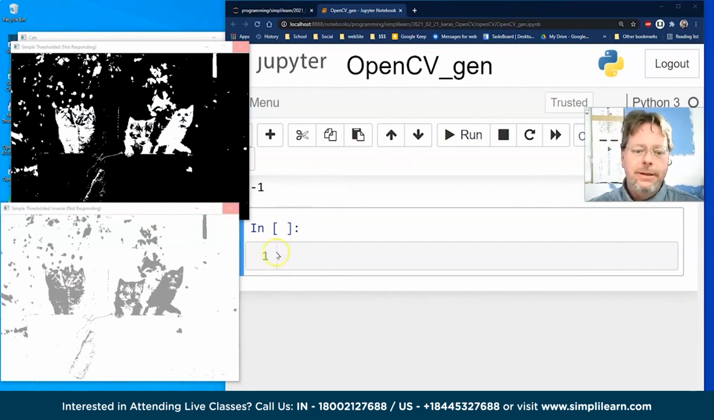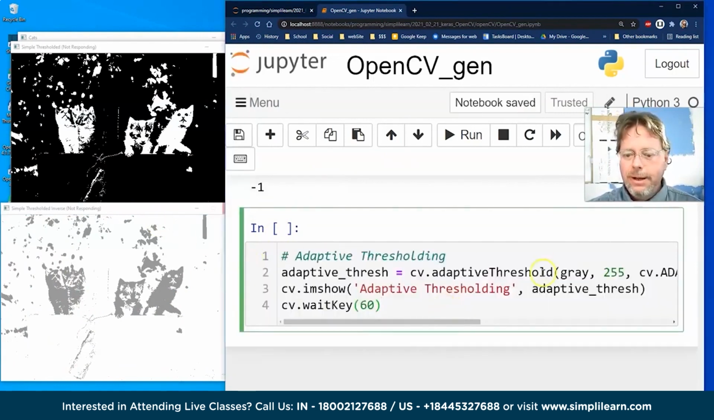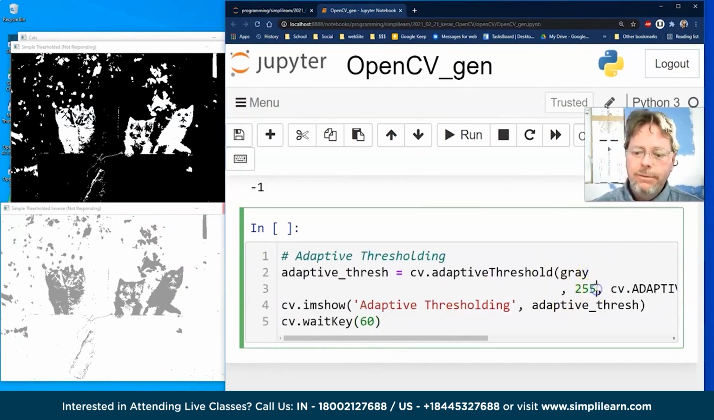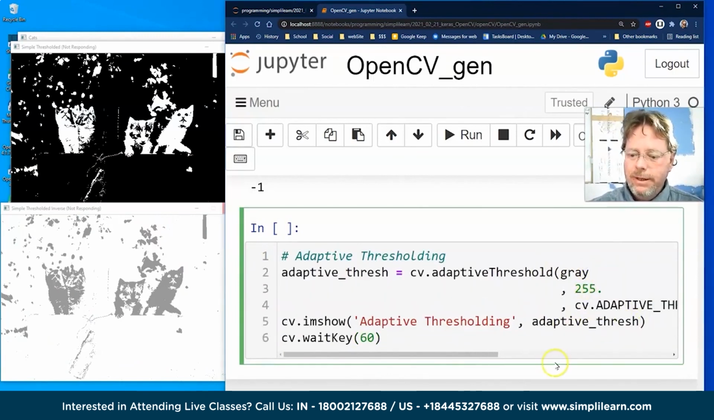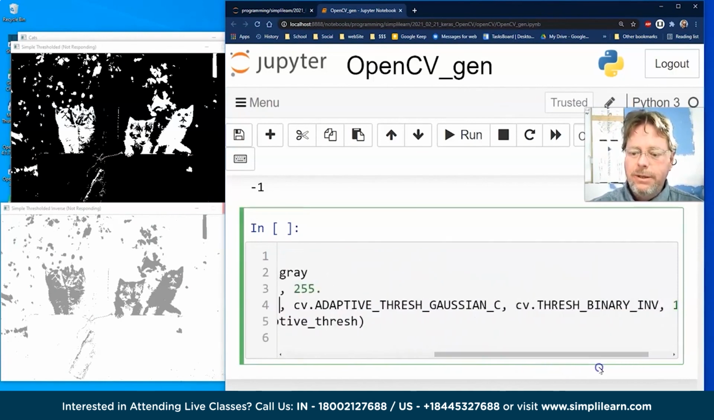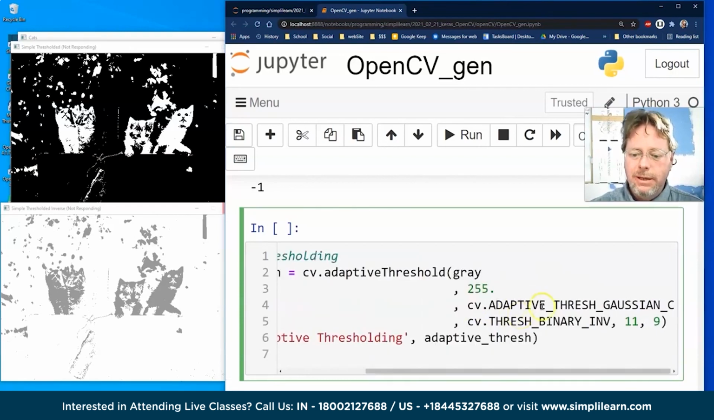And then finally, there's an adaptive threshold on here. Let me just pull that over here. There we go. It doesn't quite show up on this. We have adaptive threshold Gaussian, so we're going to use the Gaussian. If you remember, Gaussian means that it is